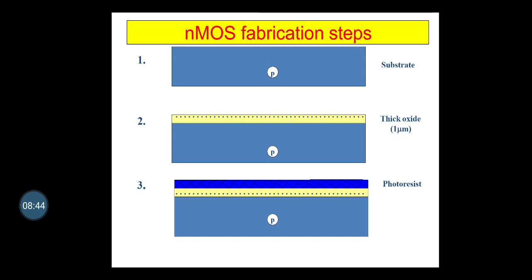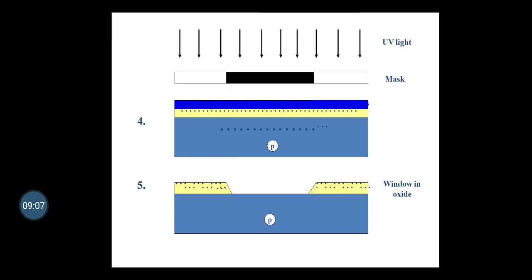The next step is the surface is now covered with a photoresist as shown, which is deposited onto the wafer and spun to achieve an even distribution of the required thickness. The photoresist layer is then exposed to ultraviolet light through a mask which defines those regions into which diffusion is to take place together with the transistor channels. So you can see here, these areas are subsequently readily etched away together with the underlying silicon dioxide so that the wafer surface is exposed in the window defined by the mask.